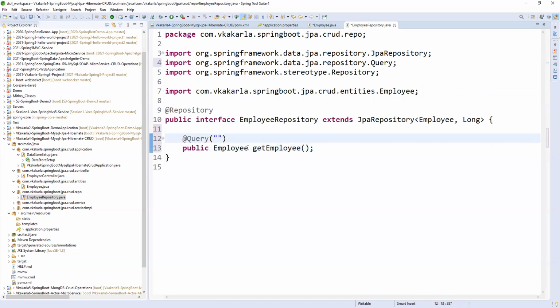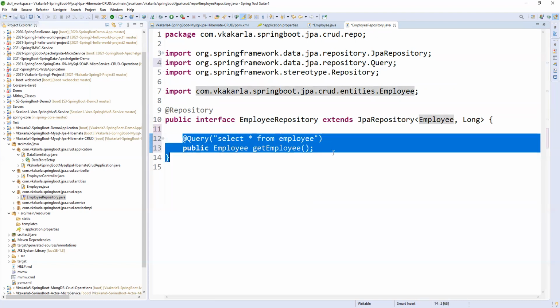Now whatever query you are thinking of, you can write, select star from. Like that, if you want to write a join query, you can write the join query. Automatically the result will come here. Like that we can write the queries.